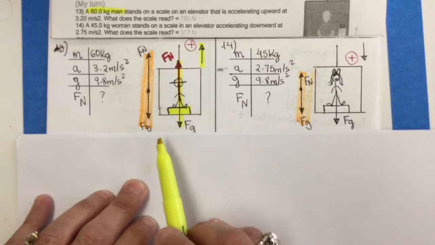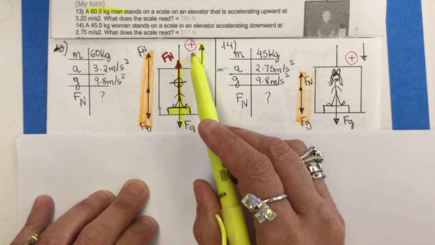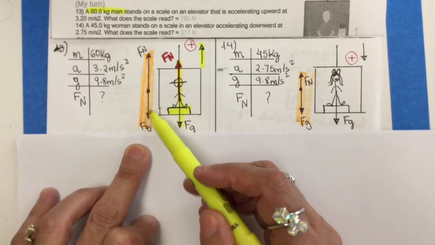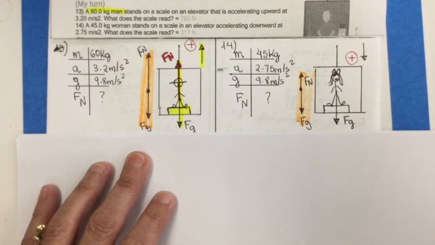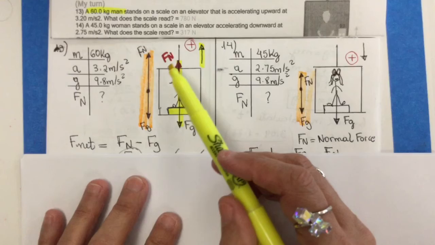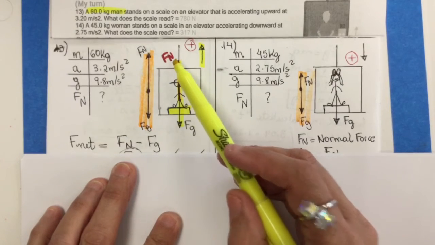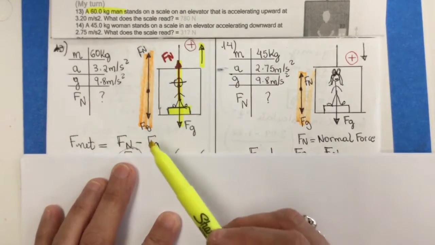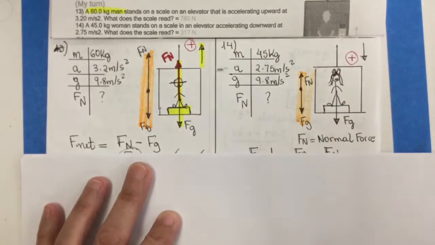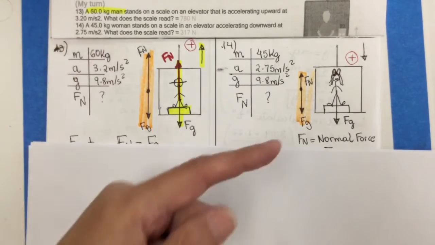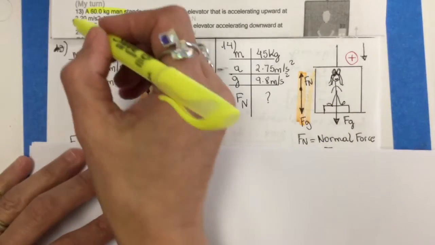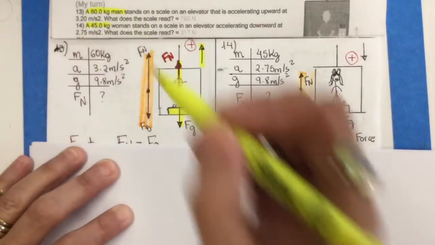So, how are we going to solve this problem? We have the reference going up, and this is a very quick free body diagram to represent the forces, and we are using our Fnet. We know that our Fn is positive because that's the direction it is going, and our Fg is negative because it's opposite to the direction. Now, let's stop here and talk about problem number 14, which states a woman with 45 kilograms,